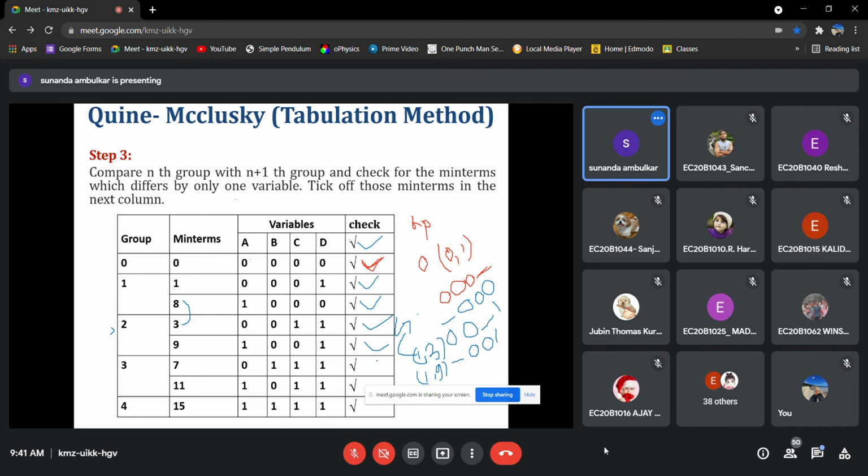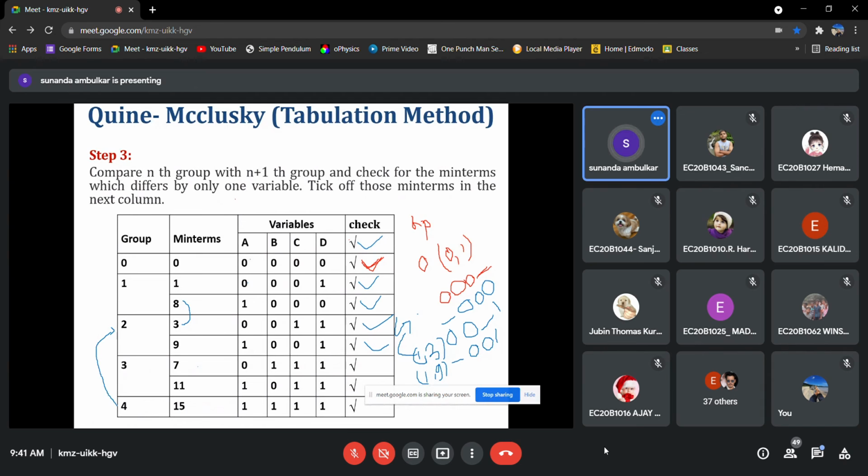So don't leave unchecked those compared minterms which differ by only one variable. Clear now? I think it's clear now. Yes, ma'am. We'll do the last group, okay.